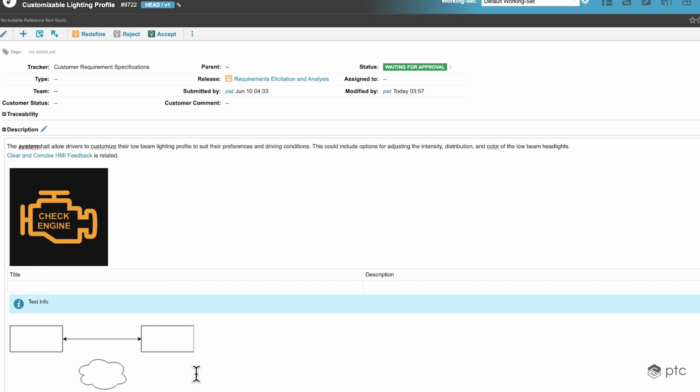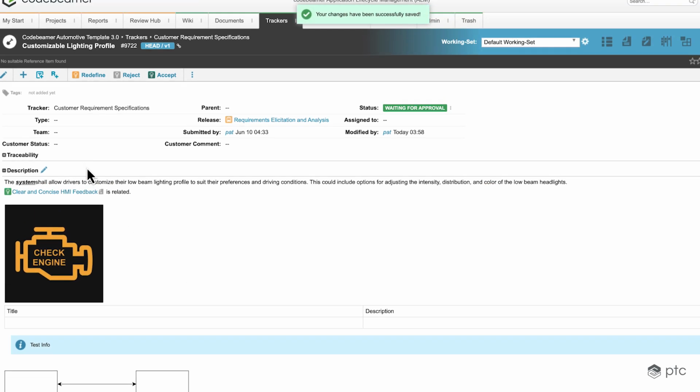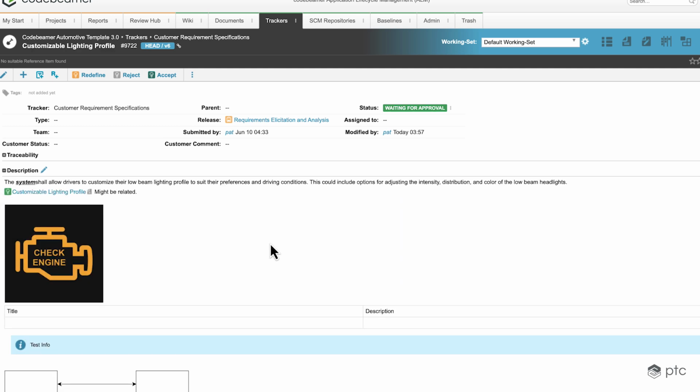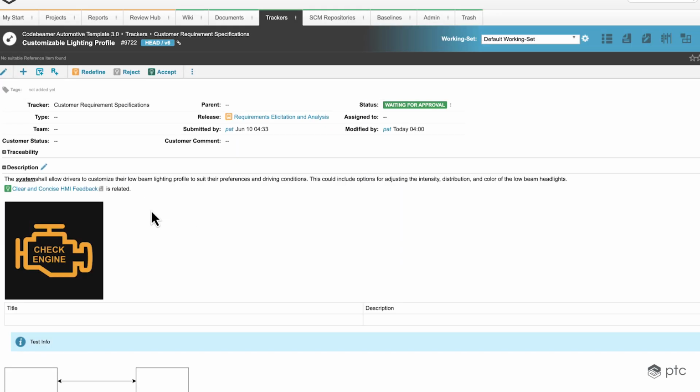After saving the description, it's going to show up as a requirement. So we're going to see the type of this work item based on the icon that is populated automatically. And if I click on this, we're going to be navigated to that requirement inside of codeBeamer. So let's just go back. Please keep in mind that adding a link like this is not going to create any connections or references between the work items. It's just there for the ease of navigation and for more detailed information, but it's not going to create any references or associations in the backend.